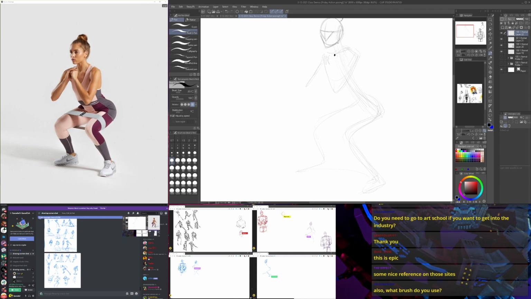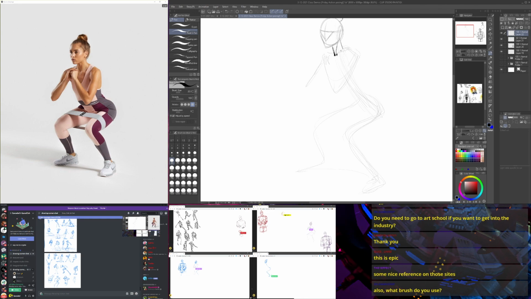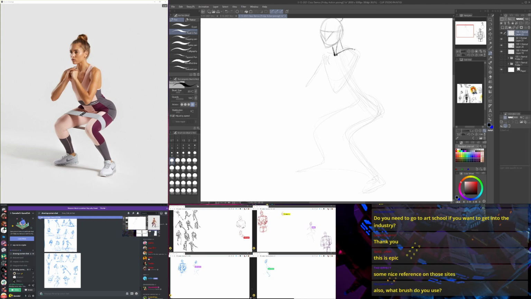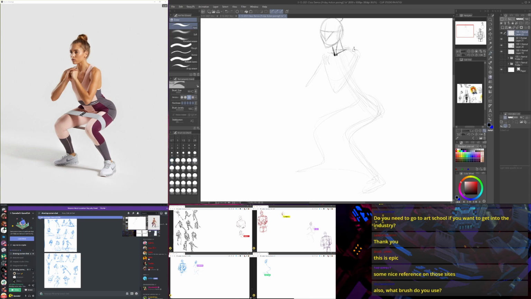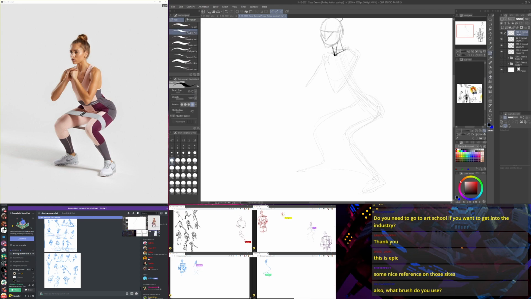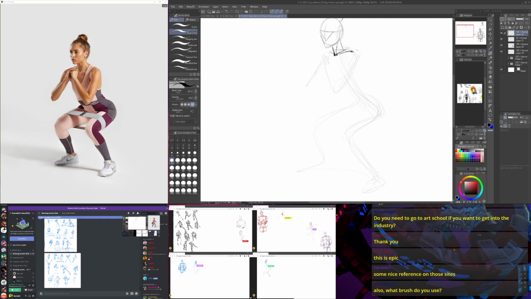I'm going to start with the pit of the neck, right here. Got this clavicle here. I can see roughly the top of her shoulder joint there. Actually, I'm going to adjust that a bit. Shoulder joint is about here.